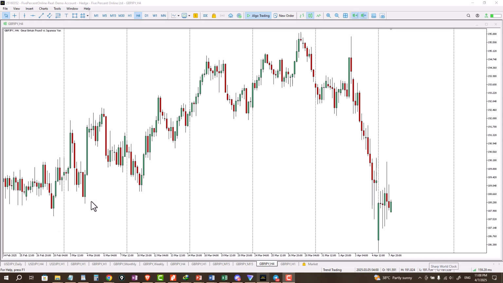Now, for a pullback trader, once he sees this bullish engulfing candlestick, even though you can argue that the body of this bullish engulfing candlestick hasn't fully engulfed this previous bearish candlestick, it has engulfed more than 50% of the candlestick. So depending on how you want to take your trade setups, this could be a trade entry for you. So you could place a buy stop pending order just above the highs of this candle, because if for whatever reason price is able to break above this candle, then that would mean that we've engulfed this